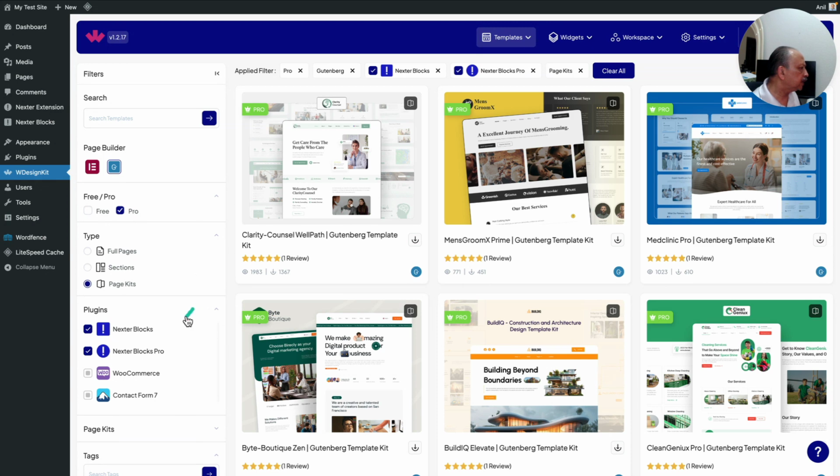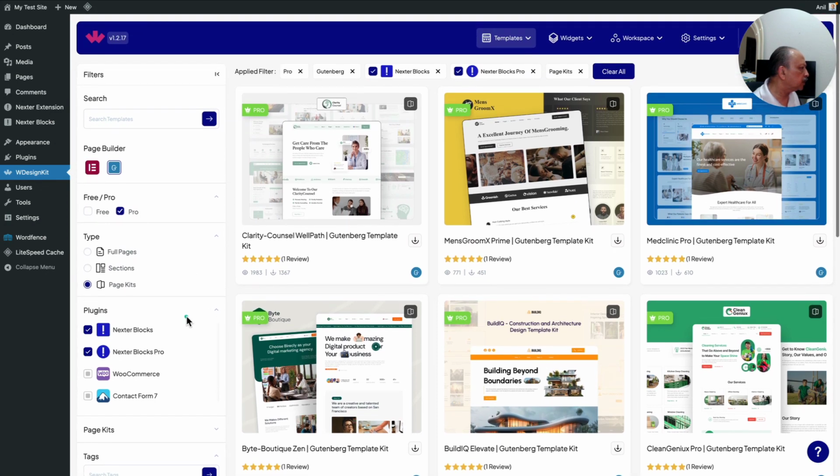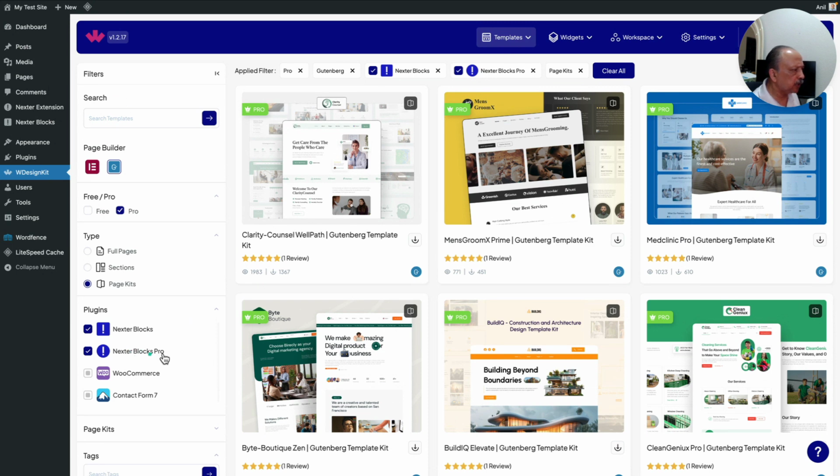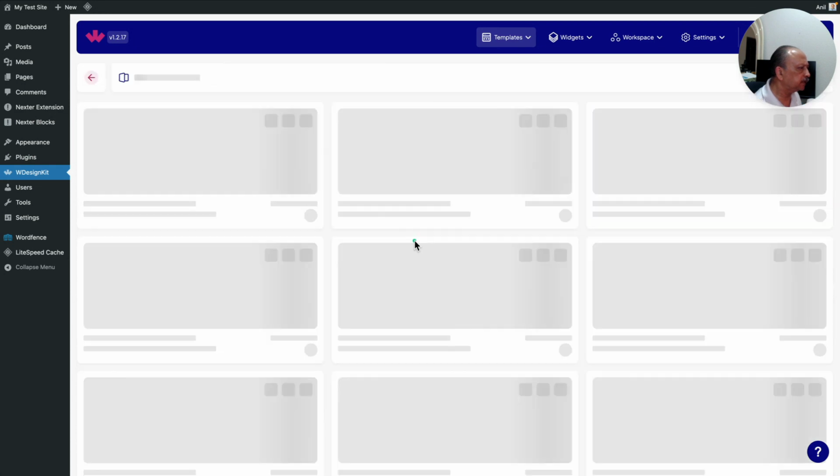Okay, plugins. It shows Nextra Blocks and Nextra Blocks Pro. If you want to use only Nextra Blocks free, then you can look for that, and then the pro filter will not apply, obviously. Okay, so I'm going to select one of these. I'm going to select the first one here. So I'm going to say download,